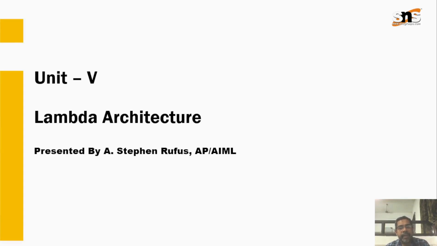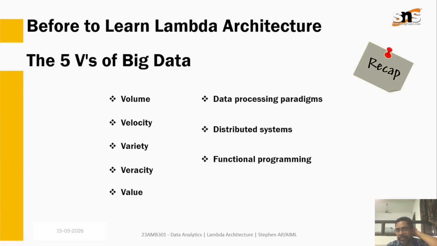Before going through the entire concept of the Lambda architecture, I just want to share the basics of big data. We already know there are the 5 V's in big data. Big data is specialized in these 5 categories: unlimited volume, unlimited velocity, that's in theory, variety, veracity, and value. These are the 5 parameters specified in big data.